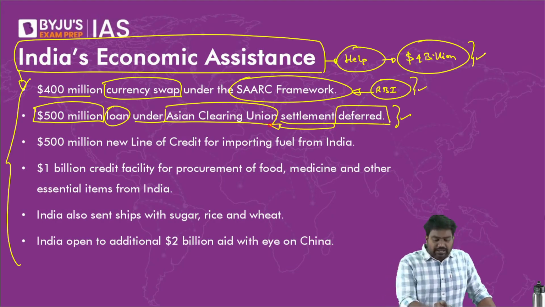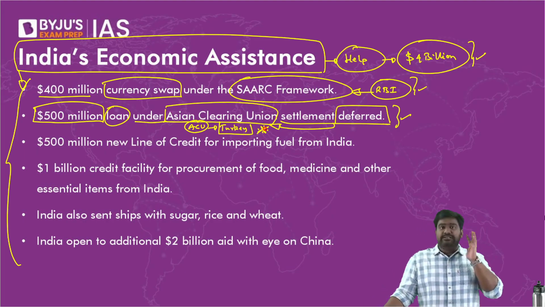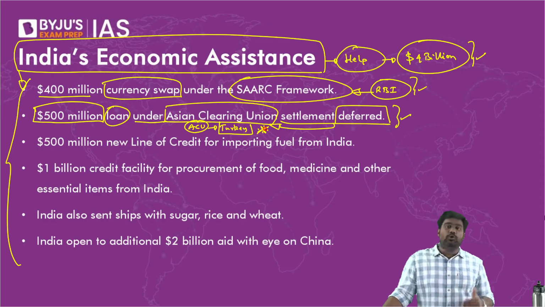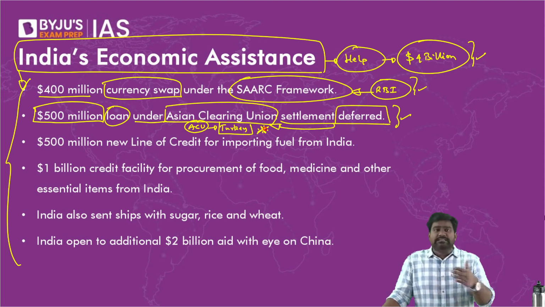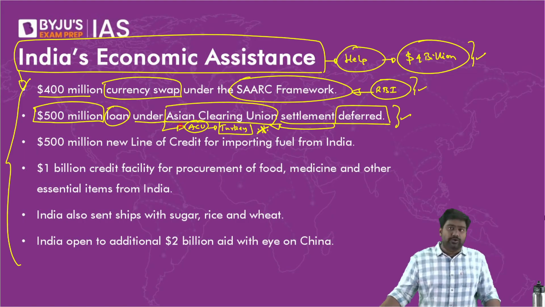All right, the Asian Clearing Union is a foreign payment settlement platform located in Istanbul, Turkey. Many countries, especially Asian countries, use it to settle their transactions using their domestic local currencies without depending much on the US dollar, which is the global reserve currency. They settle transactions through their own national currencies at the Asian Clearing Union.